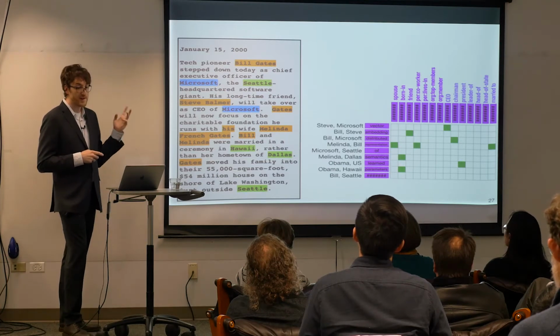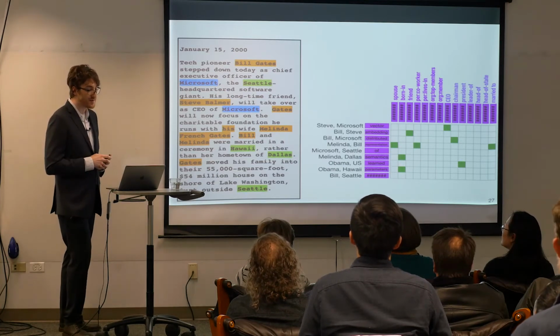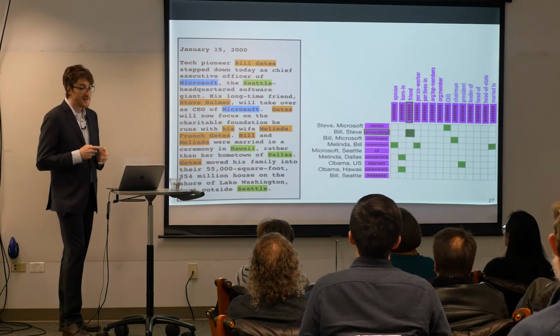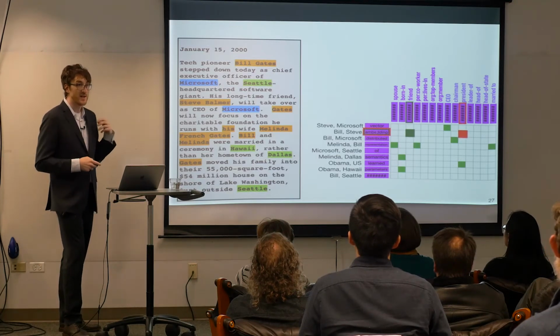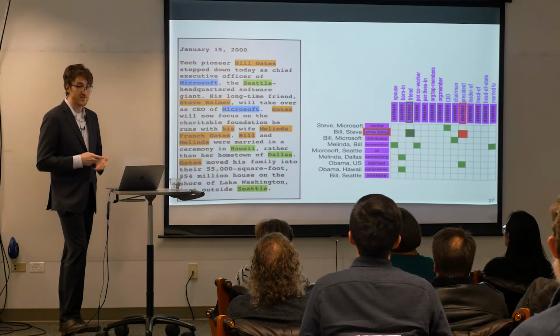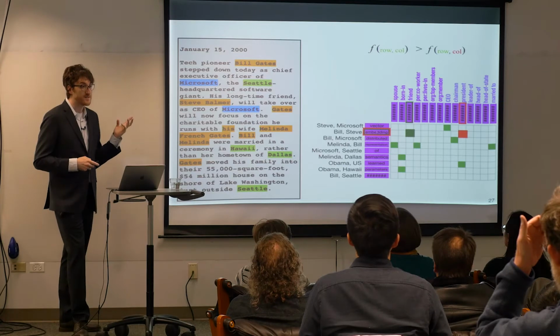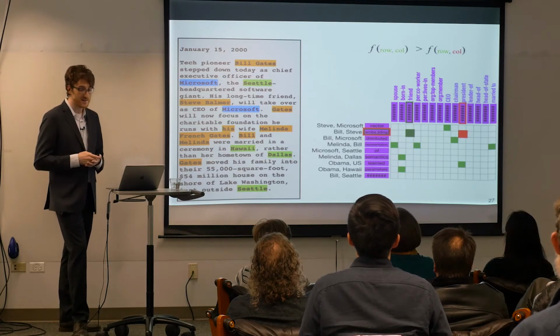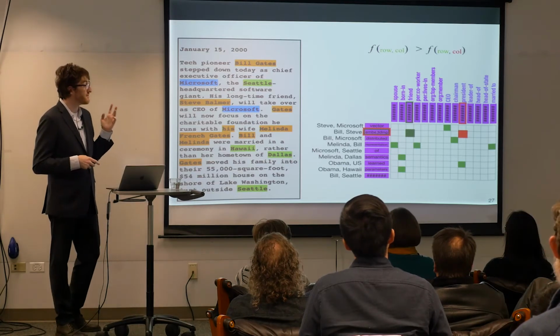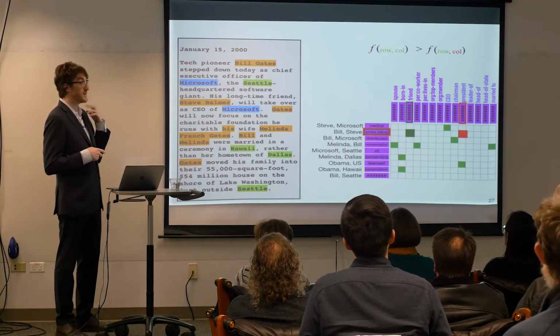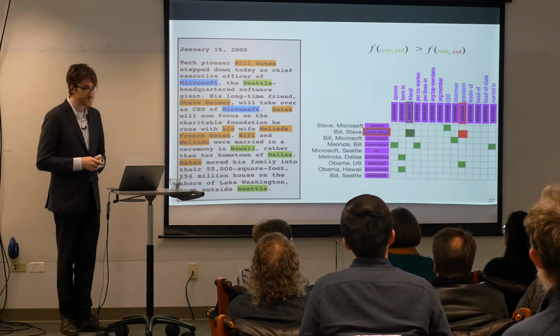To start with, all the vectors will be initialized to random values, and then we can select a positive cell that we observed in our training data, as well as a random unobserved cell that we can assume to be negative with high likelihood. And then the objective is just to make the score of the positive cell higher than the score of the negative cell. And here the score for each cell is going to be a function of the row and column vector. For example, it could be a dot product between the two vectors.